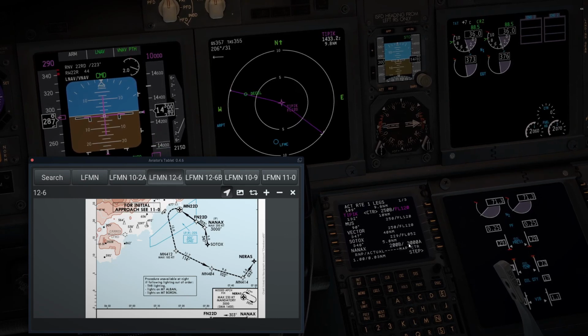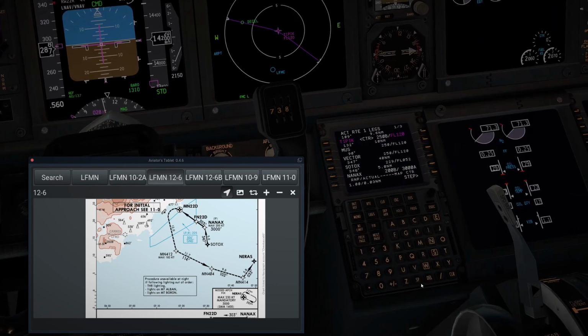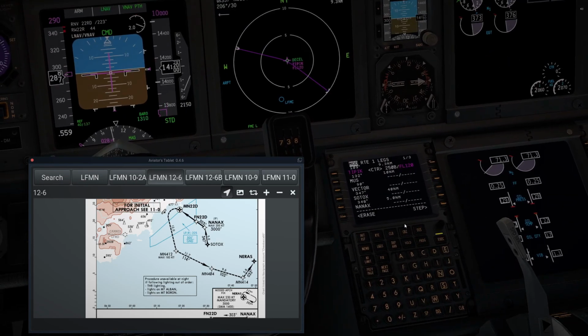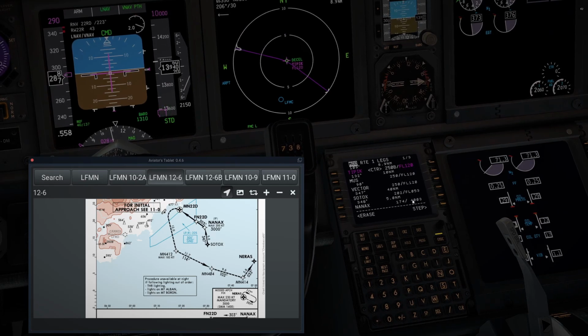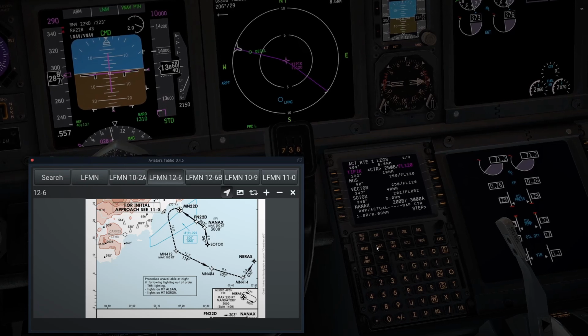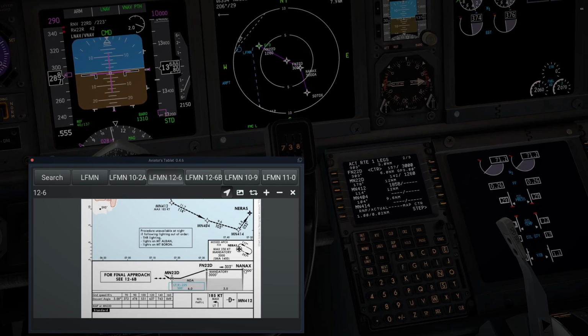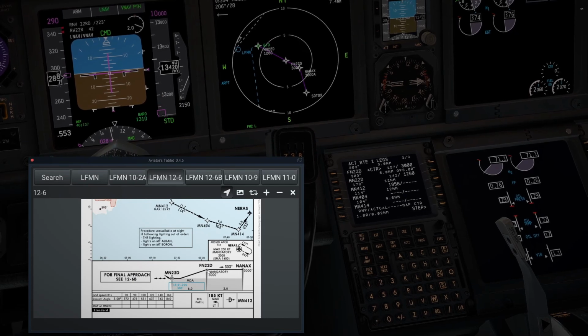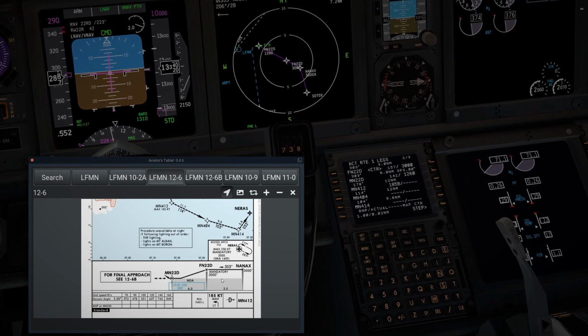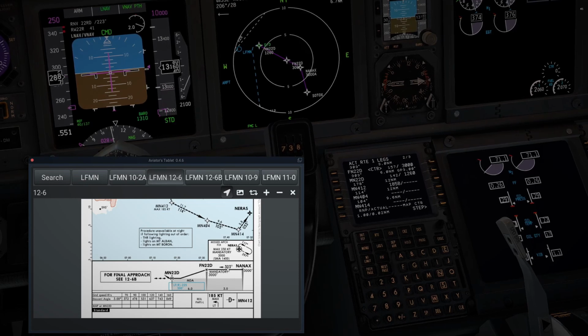The thing is, Nanax is saying 3,000 or above. If we delete those constraints, it's going to tell us exactly at what altitude it plans to be. So the FMS is planning to be there at 4,000 feet. Now that could be a problem, because Nanax is at 4,000 feet, and from Nanax to the final point we're planning to lose 1,000 feet, but we have 3 miles, which is exactly what we need to lose 1,000 feet. That means that we won't be able to slow down in clean configuration,